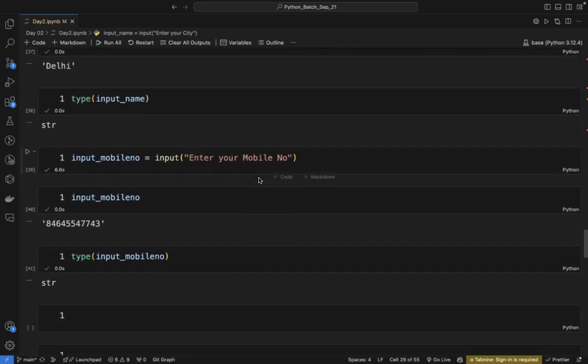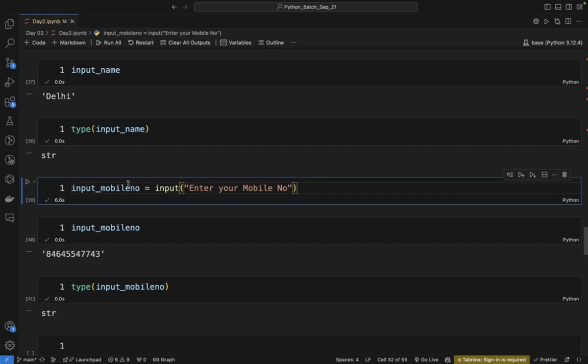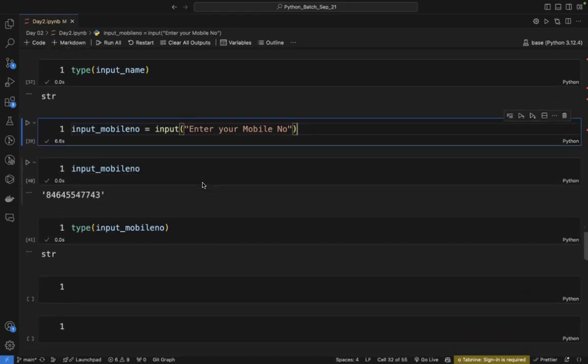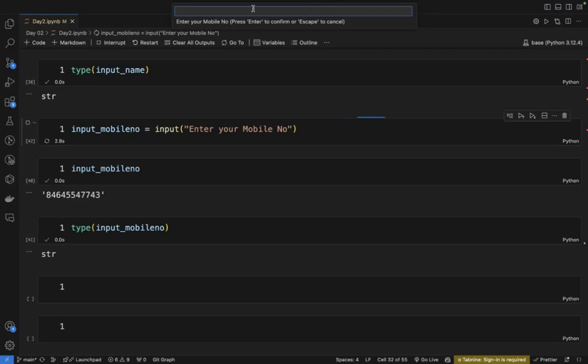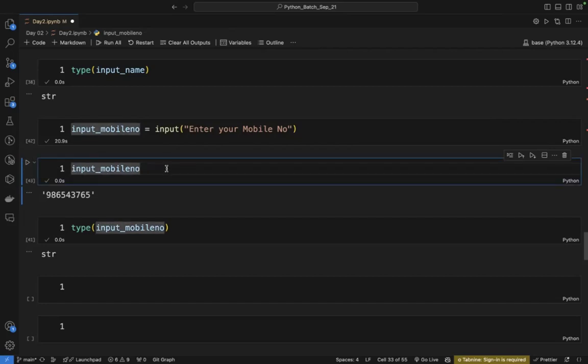देखिए, ये देखो आप, मैं दोबारा डालता हूं, ये मैं मोबाइल नंबर, ये इसको मैं रन करता हूं, इस कोड सेल को। ये दिख रहा है आपको, ये कोड सेल, मैं इसको रन कर रहा हूं। आपको ये ऊपर दिख रहा है, ये यहाँ पे ये मैसेज दे रहा है, इंटर योर मोबाइल नंबर, प्रेस एंटर टू कंफर्म और एस्केप टू कैंसिल। ये दिख रहा है आपको या नहीं दिख रहा है? हाँ, दिख रहा है। कुछ भी मैं डाल देता हूँ, एंटर की प्रेस कर देता हूँ। हाँ आ गया सर, ये मेरे में भी आ गया। ओके, फाइन।